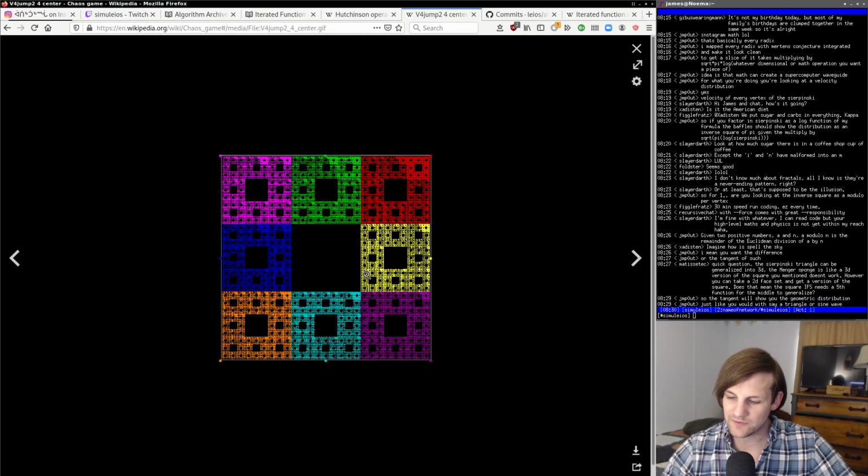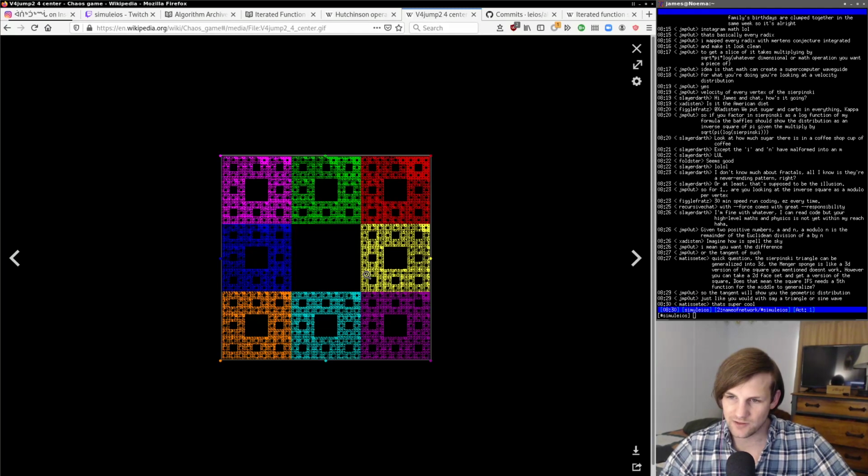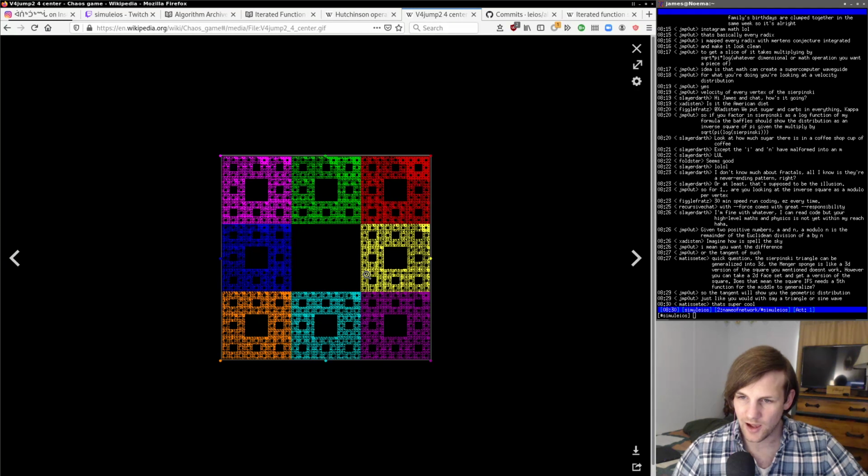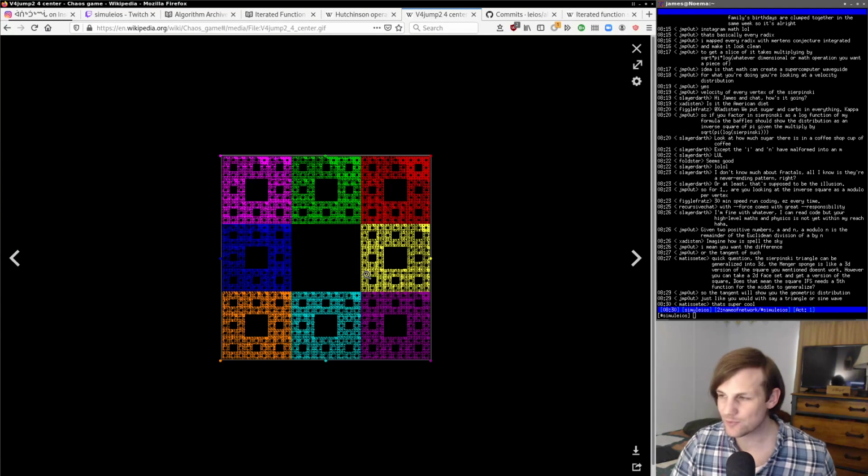And again, this is part of the restricted chaos games, which I don't know if that's necessarily what we want to do. So the tangent will show you the geometric distribution, just like you would, say, a triangle or sine wave. Right, okay. I think I'm getting, understanding you. Metastatic, that's super cool. Yeah, it is super cool. There's a lot of super cool things about this that I really like. The way I see it is,